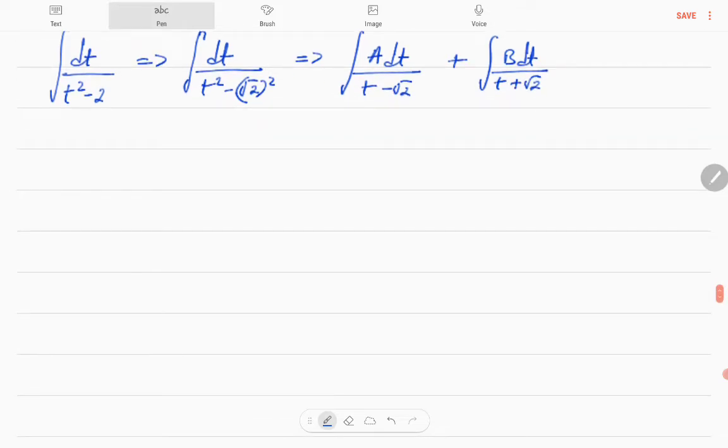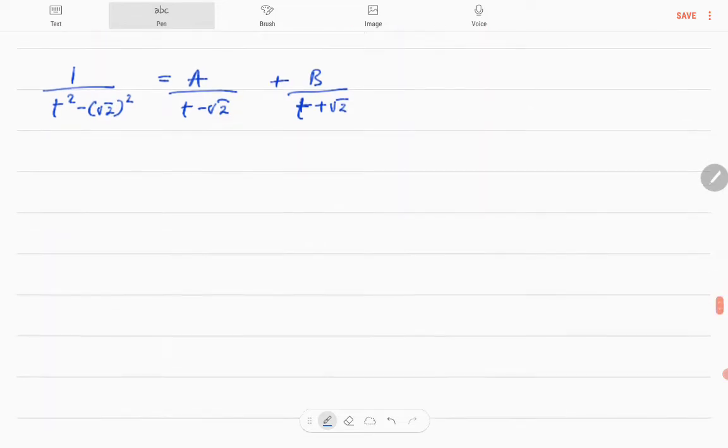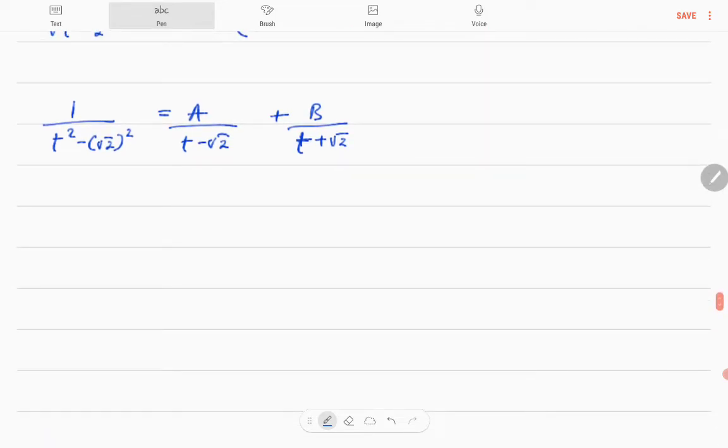And of course, I can bring it down to decompose this fraction, t squared minus root 2 squared: you have A divided by t minus root 2 plus B divided by t plus root 2. And of course, when I multiply all through by t squared minus root 2 squared, I'm going to